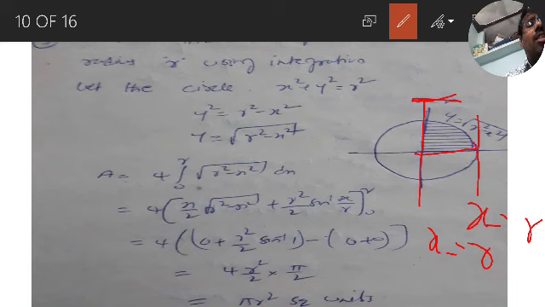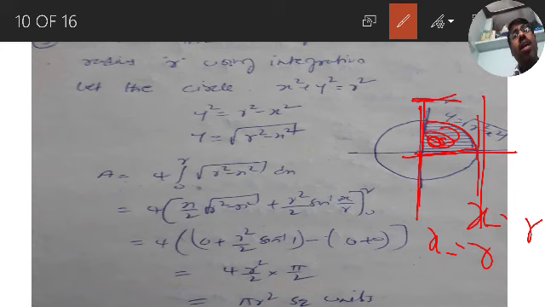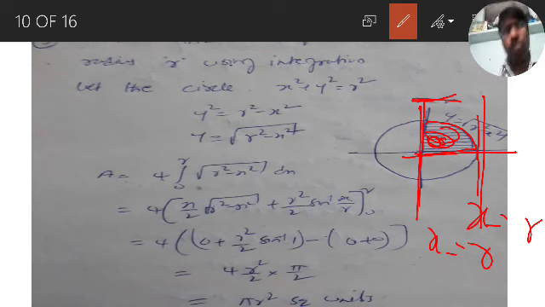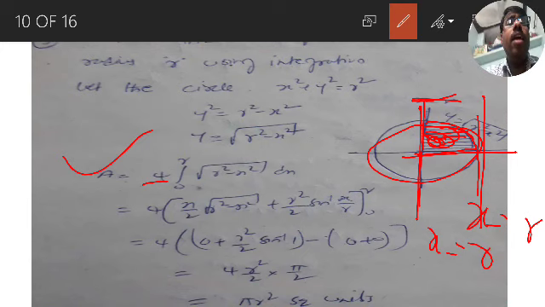So this is the curve you are having, this is the x axis you are having, this is the x is equal to a line and x is equal to b line. So this area can be written as integration a to b, that is integration 0 to r, f of x dx. What is f of x? Square root of r square minus x square. But are you getting total area of circle? No, we are getting quarter circle area. In order to get total area, you have to multiply with 4. So this is the formula for area of a circle. Area A is equal to 4 into integration 0 to r square root of r square minus x square dx.